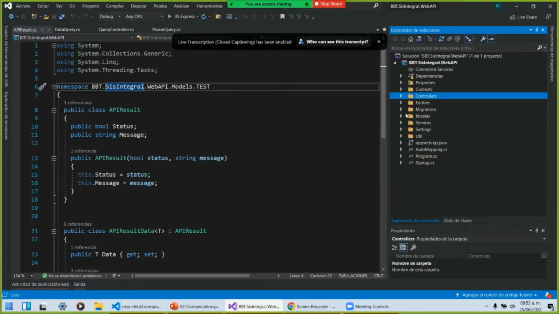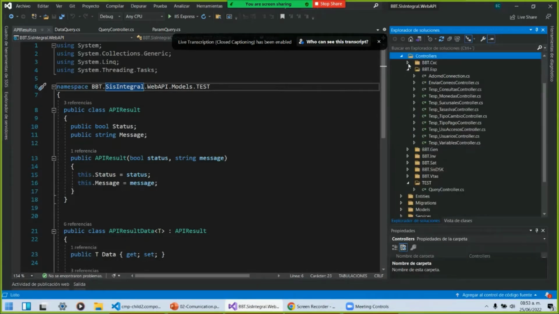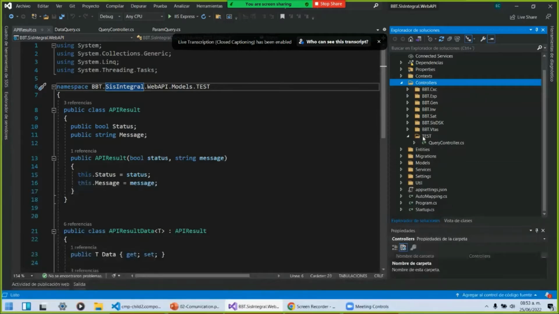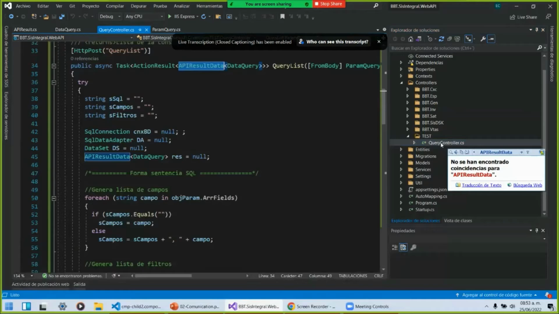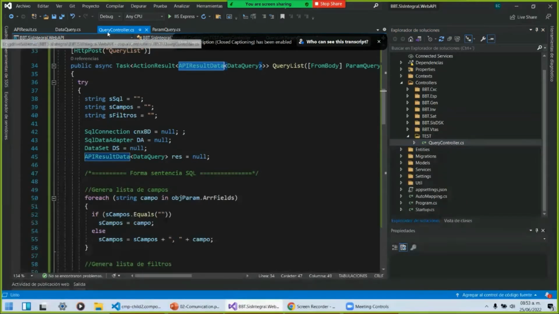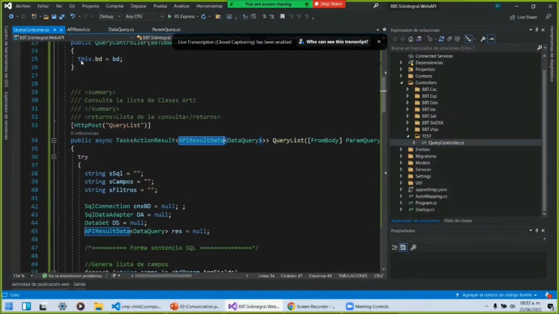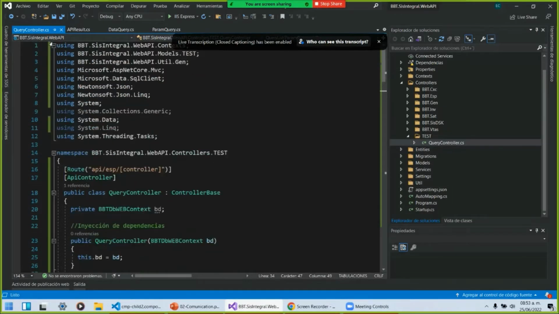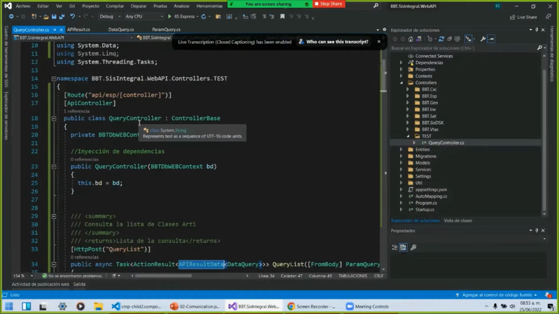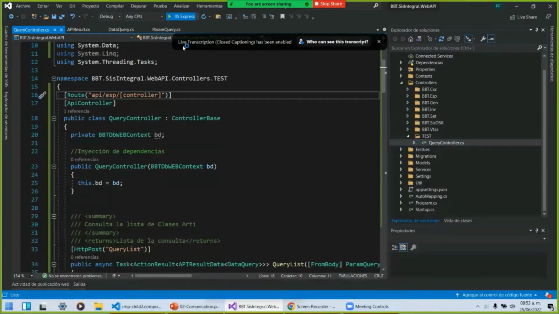Here I have a folder called Controller. In this folder I have another folder called Test, and in it a controller called QueryController. This controller is running on this route. For example, if I start my API,